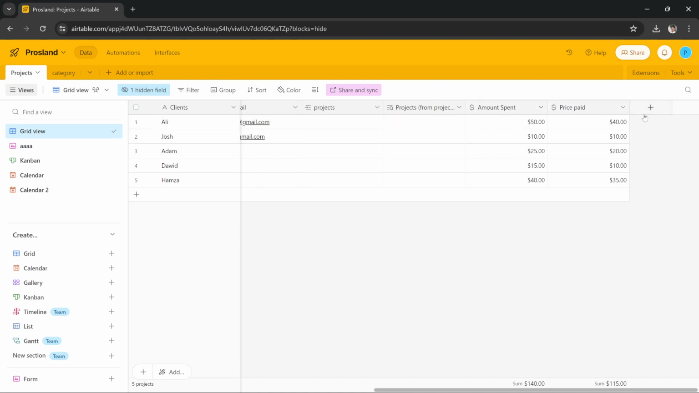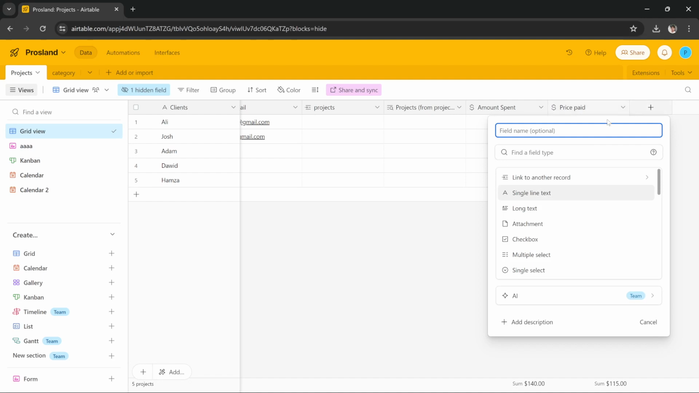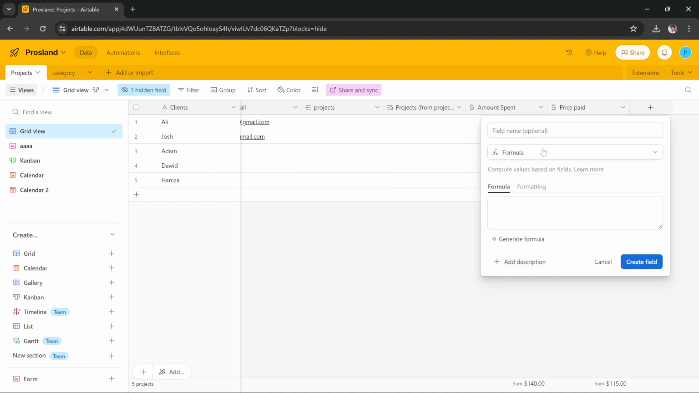So the way I do it is I add a new field by pressing this button, and I add a formula field by selecting formula. Then I can name it multiplication,